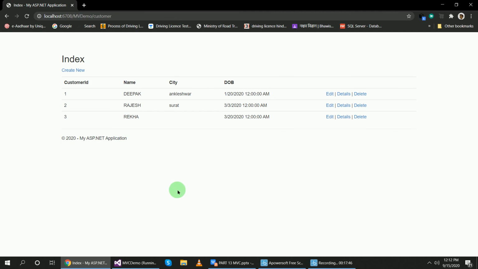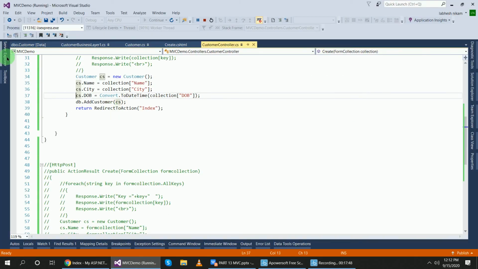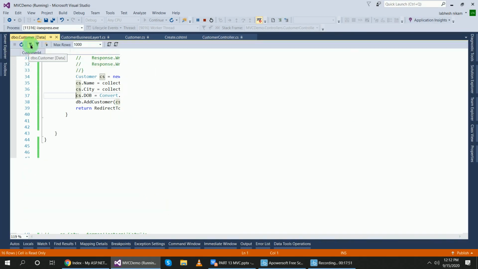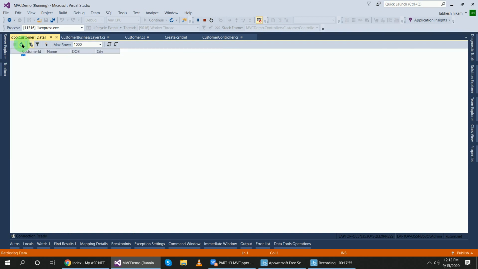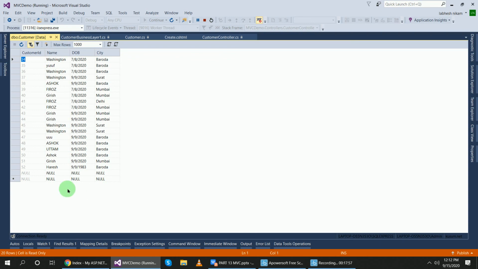Okay, so our data is saved. Harish, you can check here dbo.customer, refresh the table, and you can see here this Harish is generated at Baroda city.